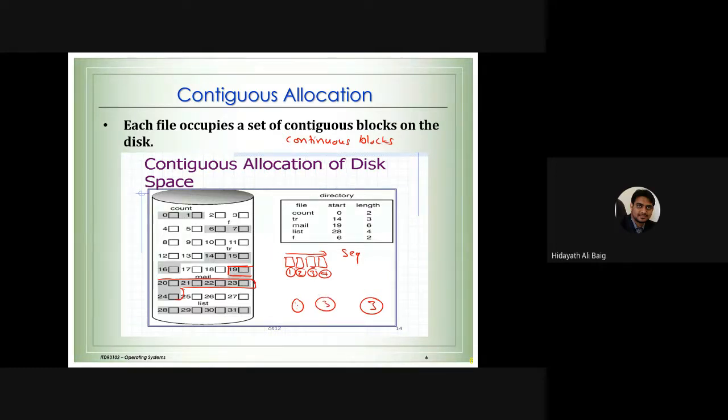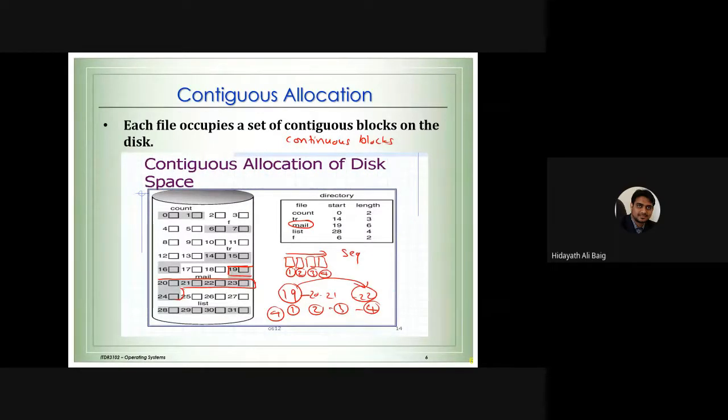Suppose I will take another example to make it clear. Let us take the same example of the file, mail. Starting block is block number 19. I want to read block number 4. So I know 19 is my first block. What will be block number 4? Block number 2, block number 3, block number 4. So 20, 21, 22. If I know the starting block and I want to read block number 4, I can directly start counting from here. Because 19 is the first block, the fourth block is going to be block number 22.